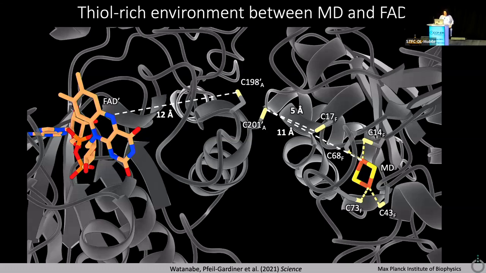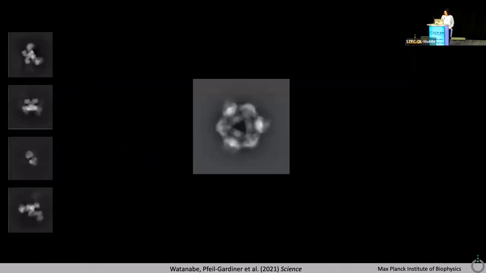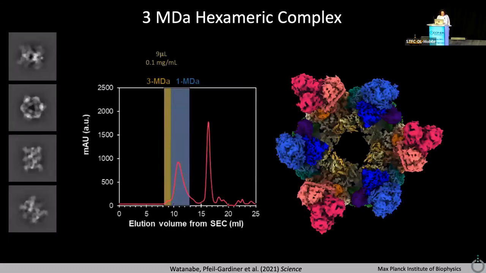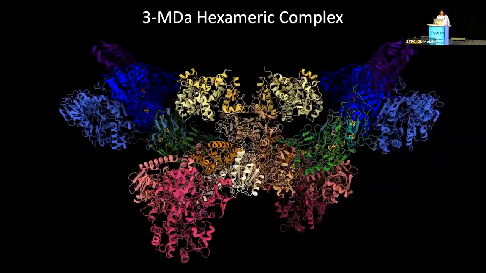I spoke about the fact that we had a lot of conformational flexibility, and some of that was related to these 2 conformational states of the mobile arm. But some of that was also related to this 2D class that we saw in our initial data set that didn't look like any of the other 2D classes that we observed. And we wondered whether that could be a higher order complex. And so I asked Tomohiro to send us this little shoulder in yellow, which was only 9 microliters of 0.1 mg per mil, but cryo-EM can sometimes be very kind, and that was enough to generate a few more